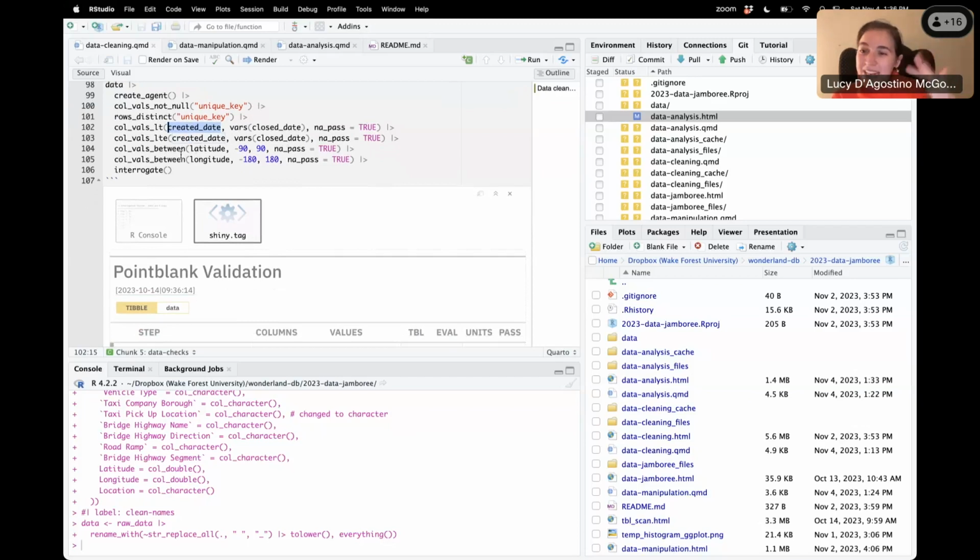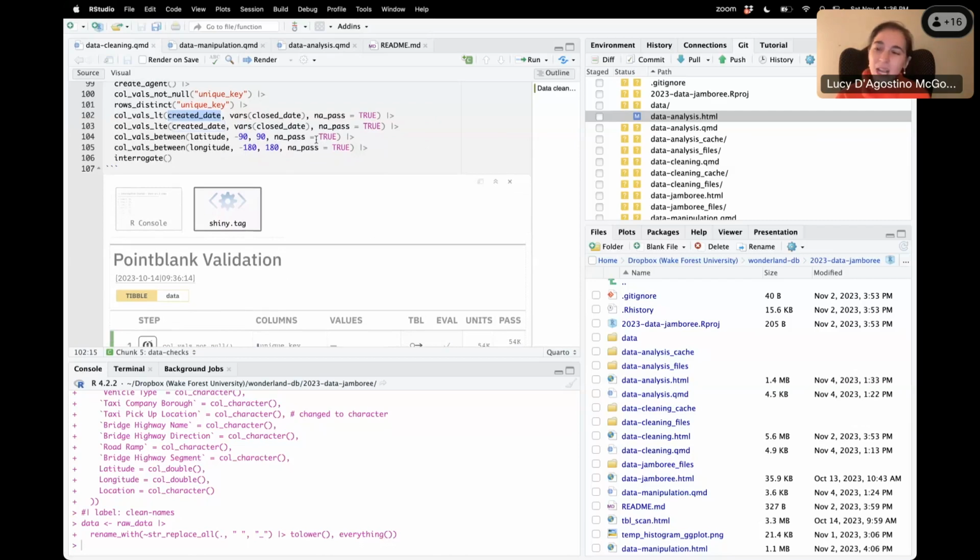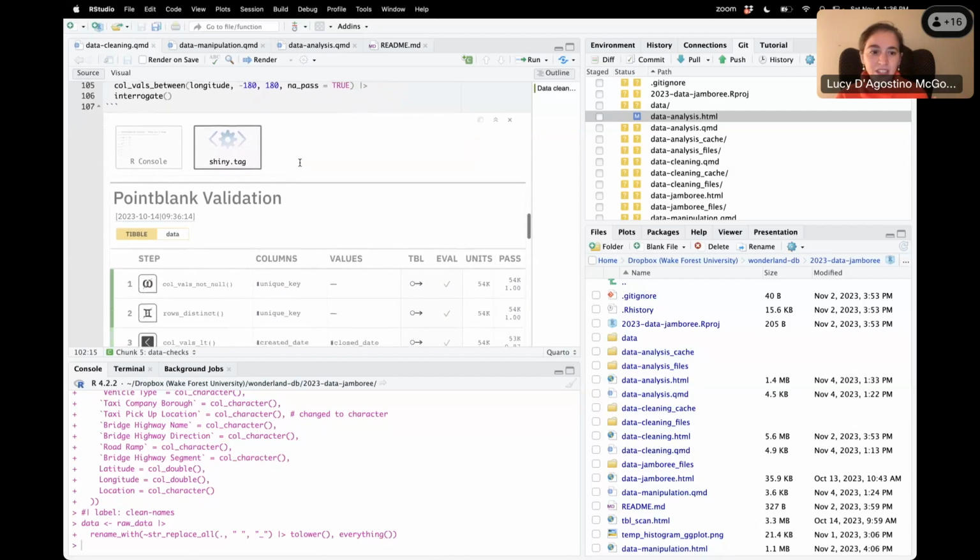And then I'm going to check a couple other things. So you can add as many checks as you would expect for the types of variables that you know are in your data set. For example, I knew that I had latitude and longitude, and we know what you would traditionally think the values of latitude and longitude should be. So I could check that all of my latitude values fell between those reasonable values, and all of my longitude values fell between those reasonable values as well. And then these little NA passes are just saying that if the value is missing, we should treat it as passing in this particular case.